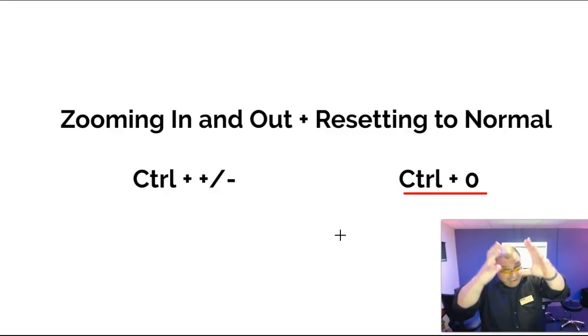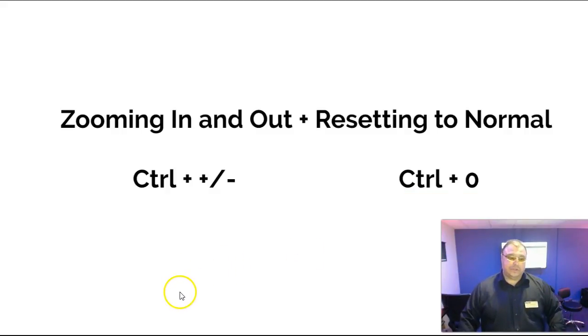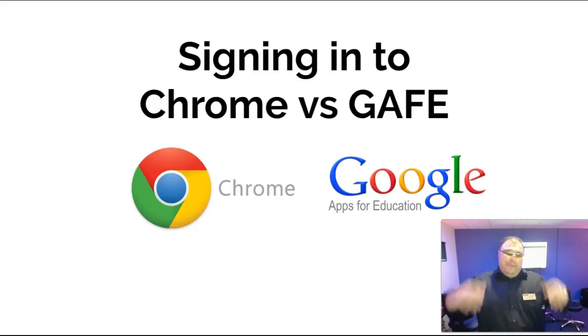So if you were at 500% and you want to go back to just a normal 100%, you just push Control 0 and it'll snap back to 100%. Which brings us to our final little part of this digital literacy tutorial before the workshop, and that has to